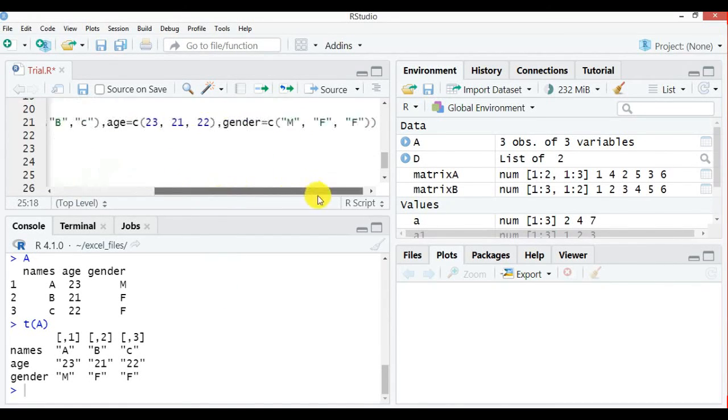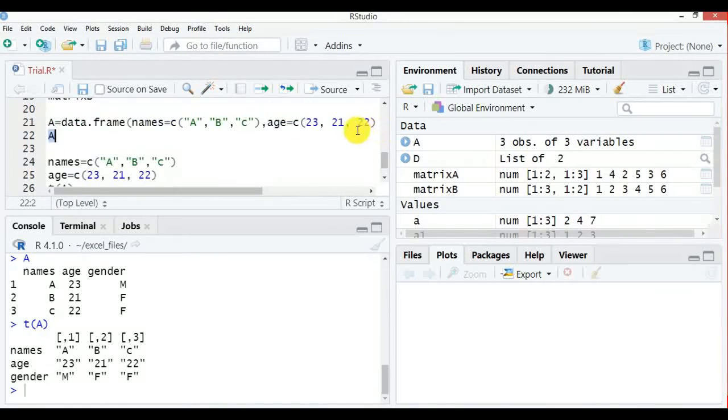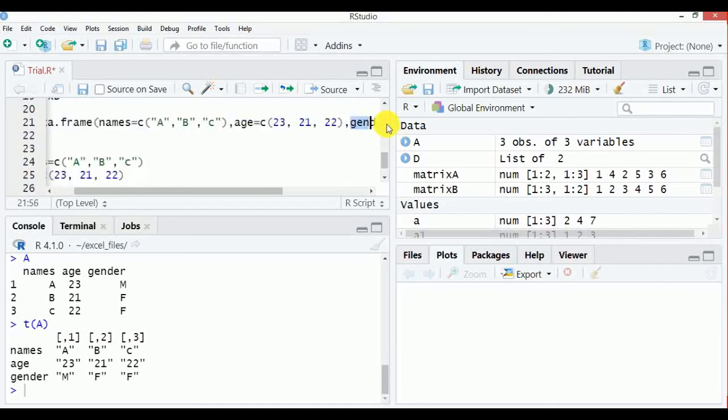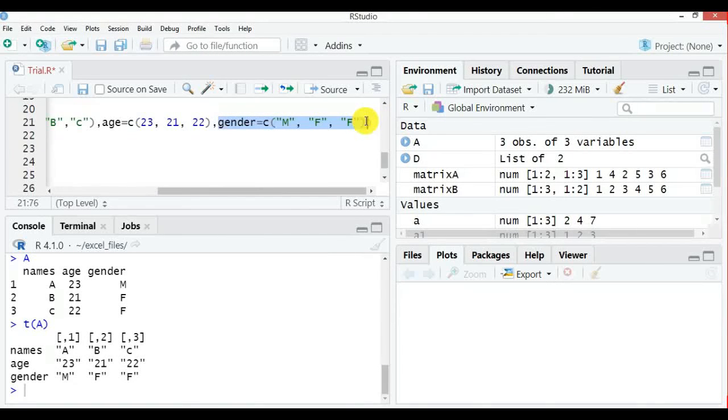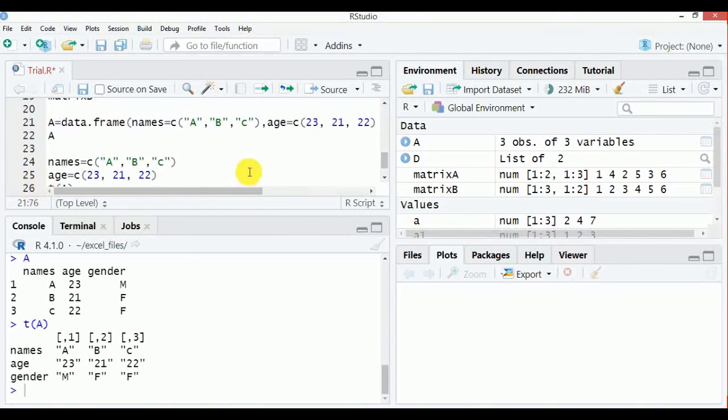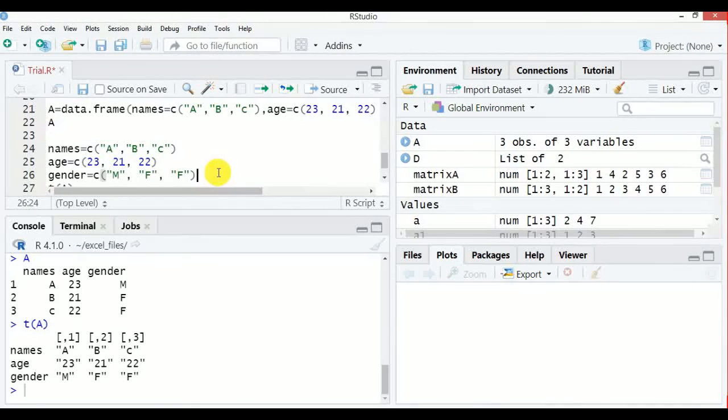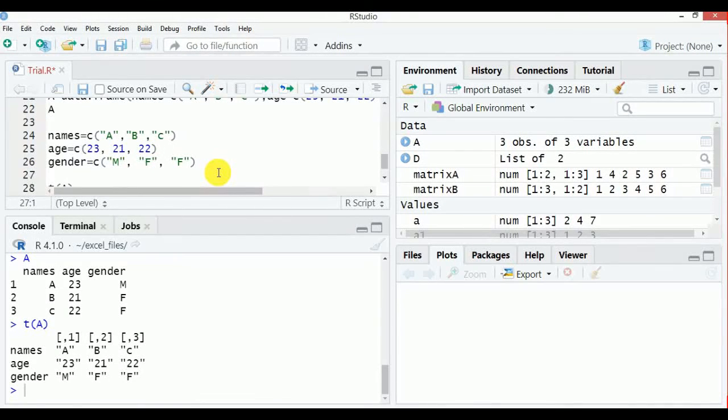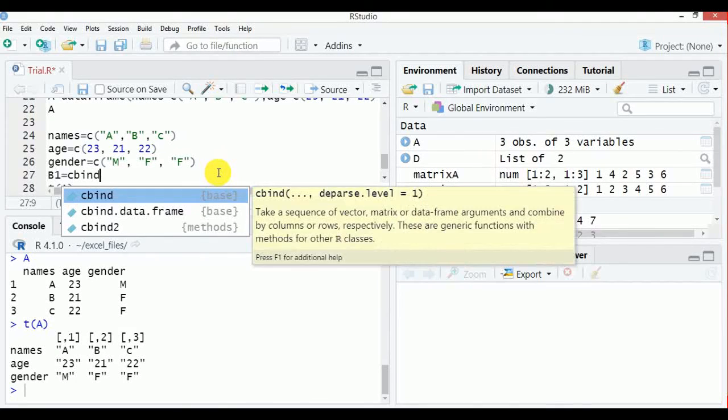Example, I am saving name separately, age separately, then you can give gender separately, and in the next line you can give B1 equal to, I am giving some name, B1 equal to, I can use cbind in brackets.